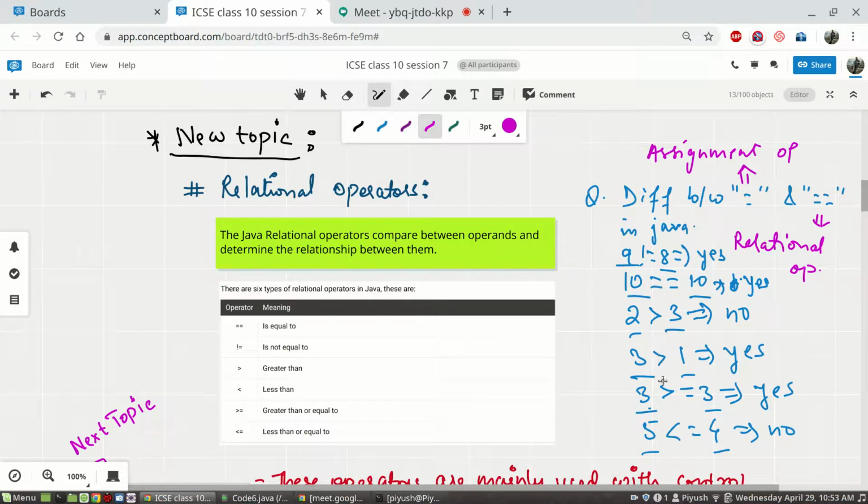So this operator is separating different operands. So what is the relationship between them when compared, so that it gives the answer as true or false. Okay, so I have written yes or no, don't go by that, that yes is true and no is false. Computer will give you answer in true and false also.